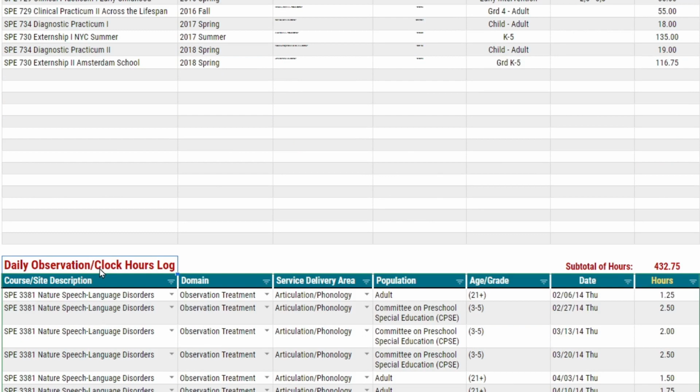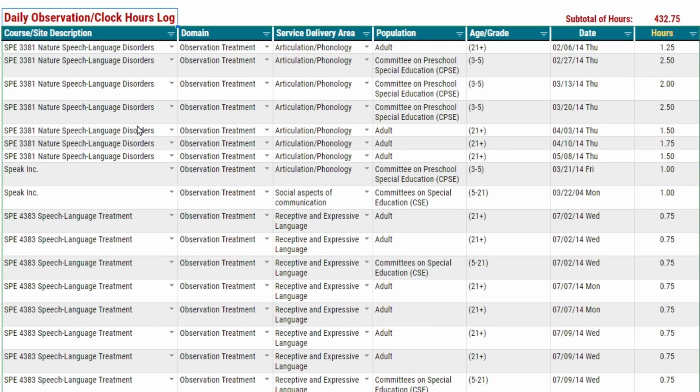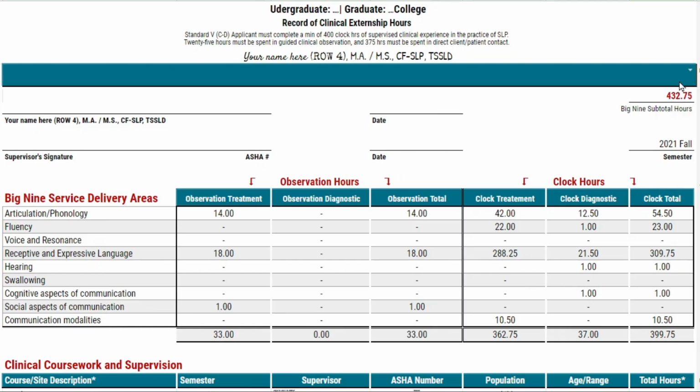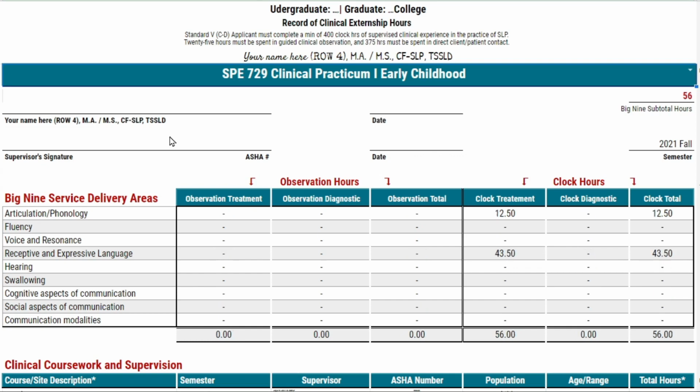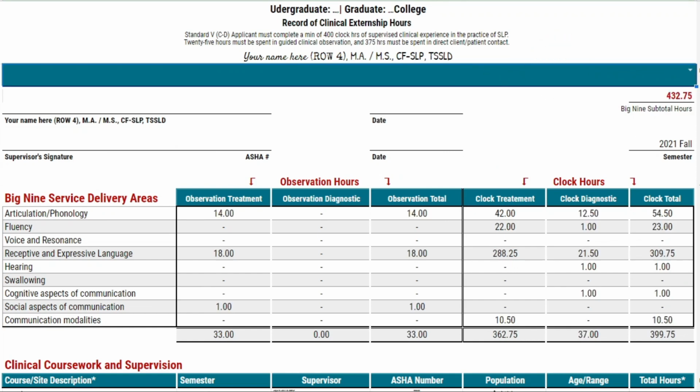And the third table is a list of all of your day-to-day entries that will ultimately add up to your grand total number of hours. And so how it works is your subtotal will be listed here, and when you make a selection to view a certain course, it's going to filter that information and subtotal that specific course. When you delete this cell, it will reset the form and show you the total number of hours for all